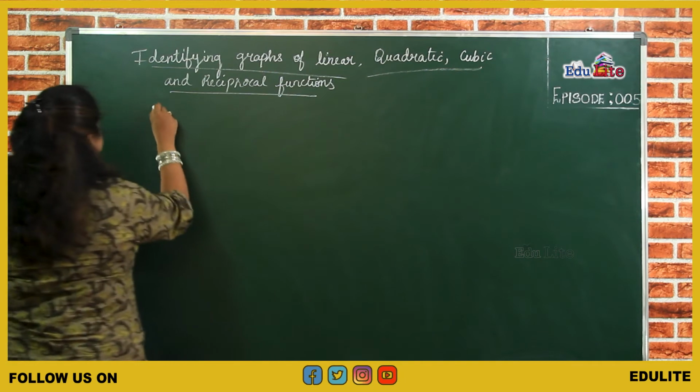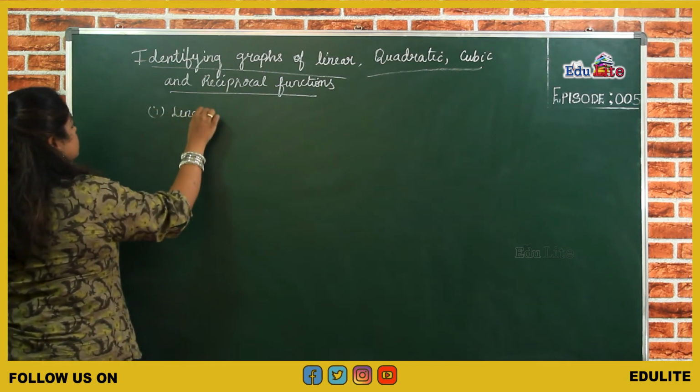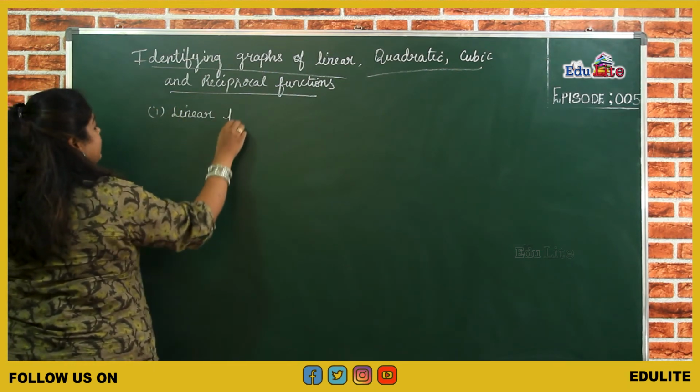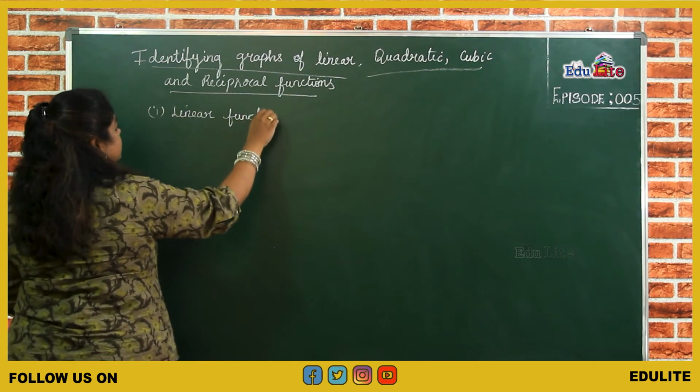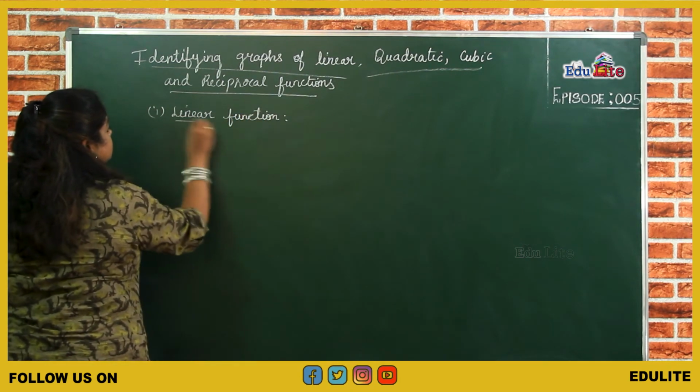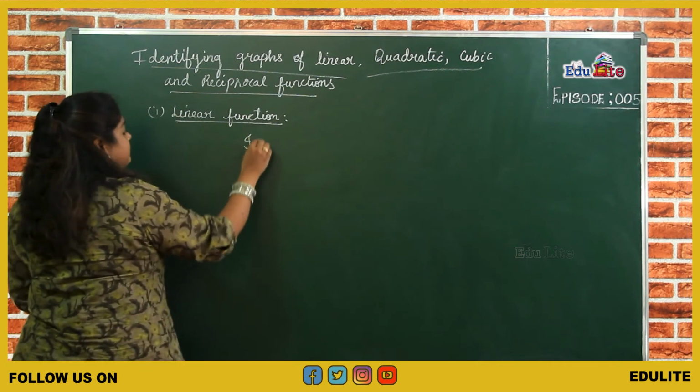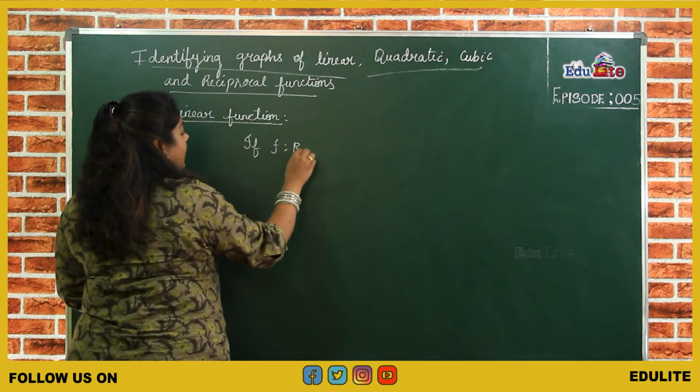So, first is linear function. How will be the graph of a linear function? Let us see that. And the linear function is defined as if f is a mapping from R to R,